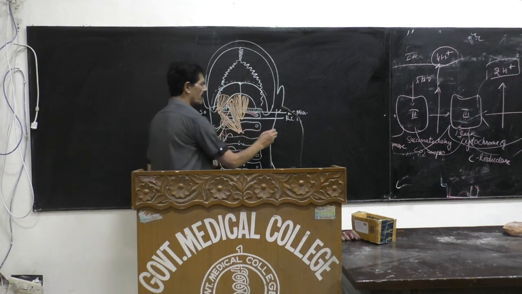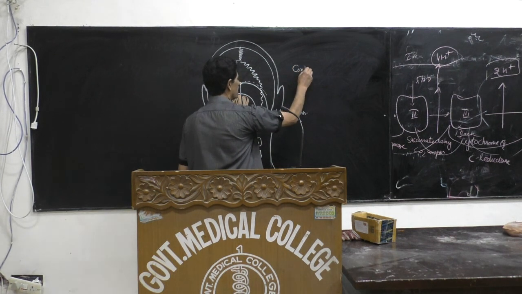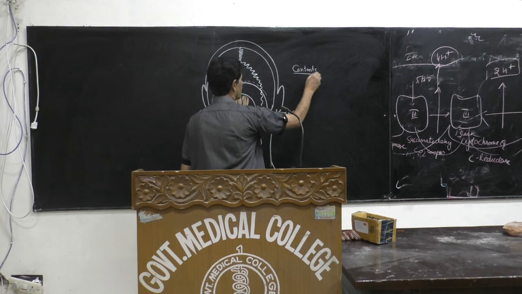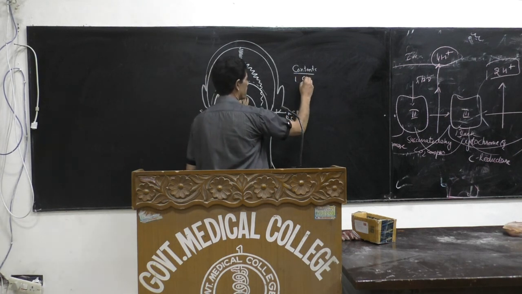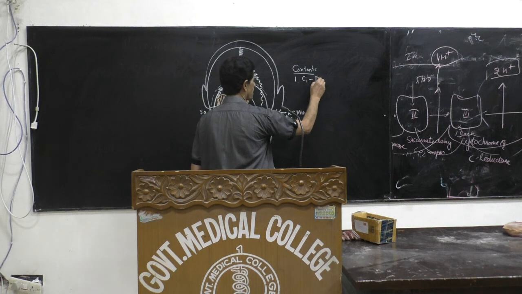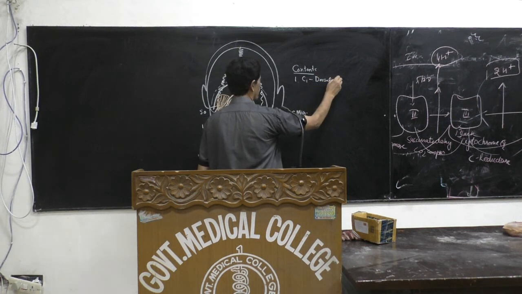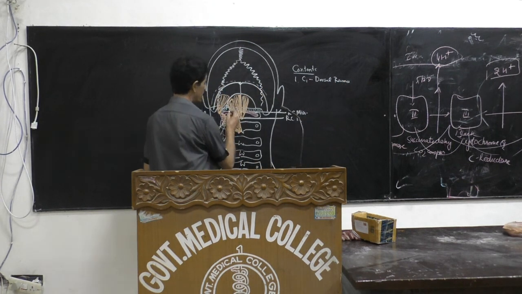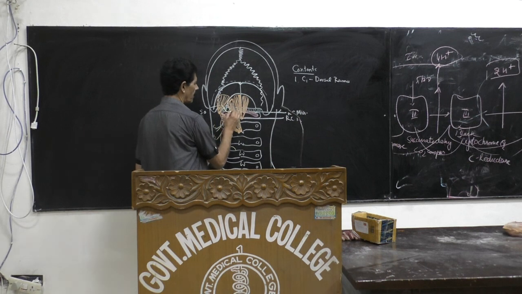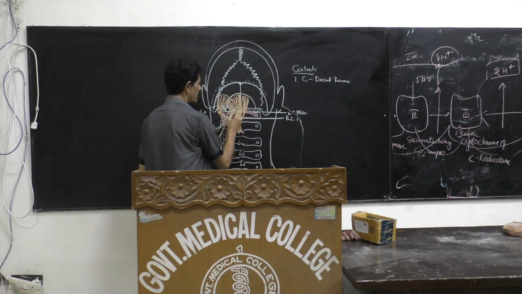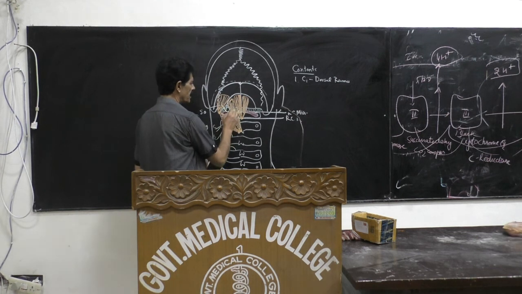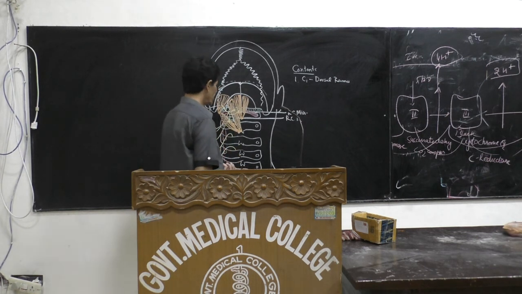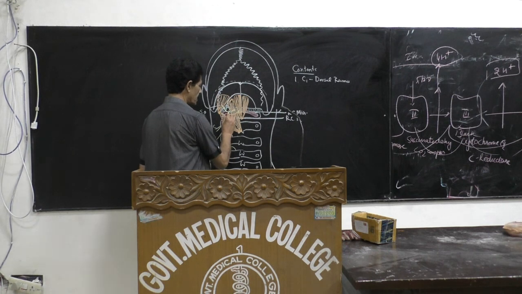And the content of the suboccipital triangle, number one is the C1 dorsal ramus of spinal nerve. As this nerve comes, it supplies all the four suboccipital muscles. Because of this, the nerve is called the suboccipital nerve. After supplying the four muscles, this nerve descends downward and meets with the C2 at the lower part of the inferior oblique